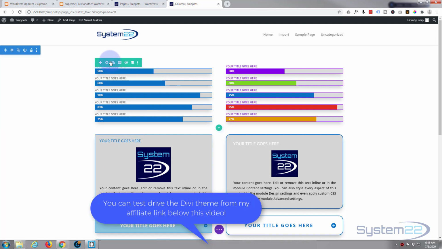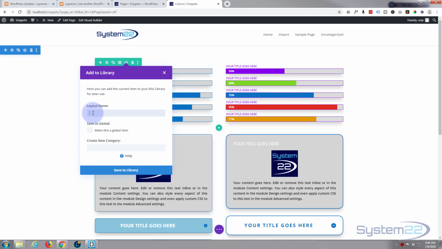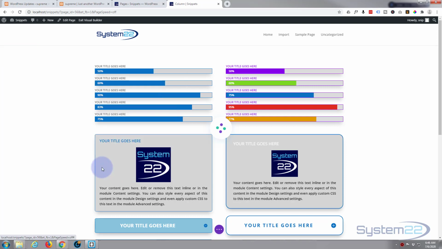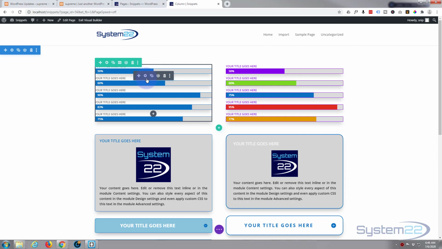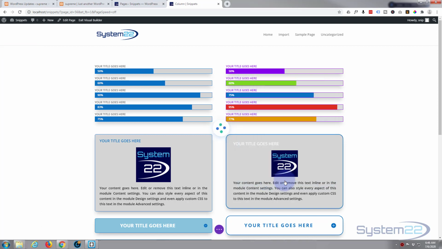Now we're in there, let's save our row. Same little icon right there, green tab for a row. And we'll call this row 1, or whatever makes sense to you to give it a name so you can identify it later on. And let's just go into this module, or this one, doesn't matter, and we'll save it. I'll say mod 1. Okay, so we've now saved our section, our row and our module